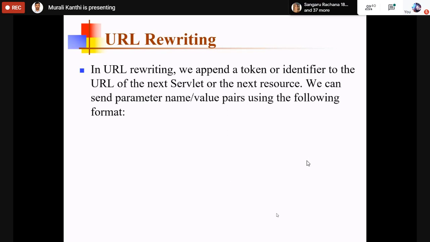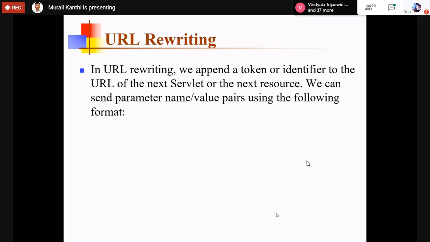That is a request submitted to the Gmail server. At the end of this gmail.com, one unique ID is added. So the request plus that ID is appended and transferred to the server.